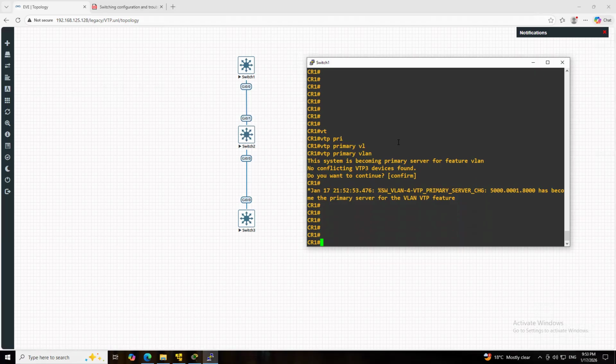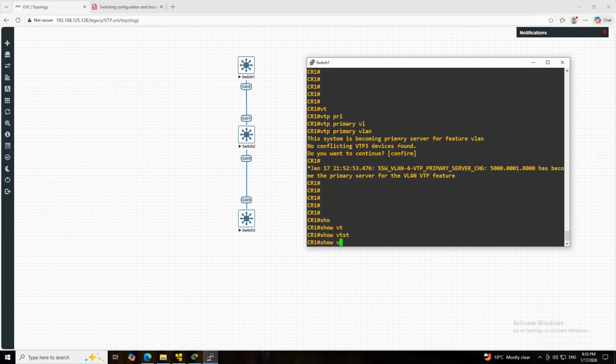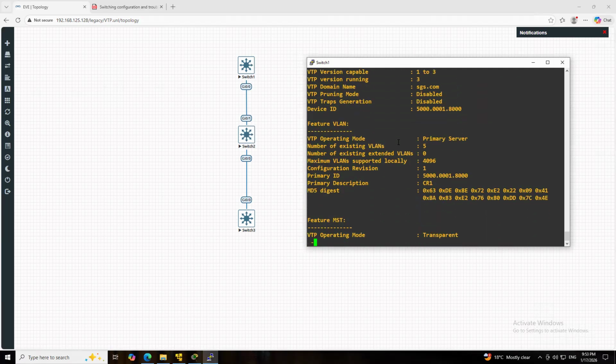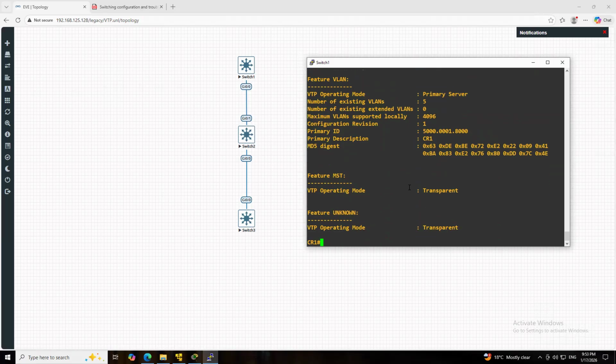Okay. Now let's show VTP status. Now you can see primary server. This should appear. Now I can create VLANs.